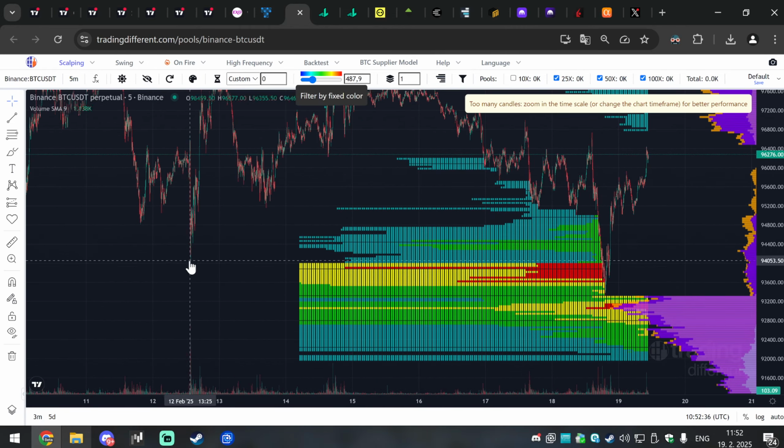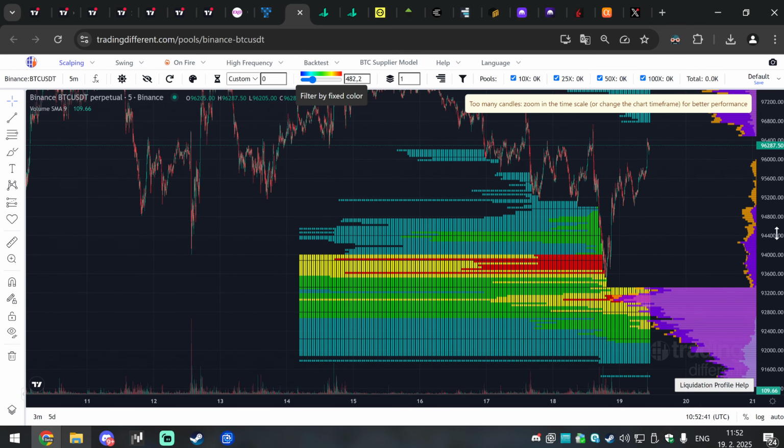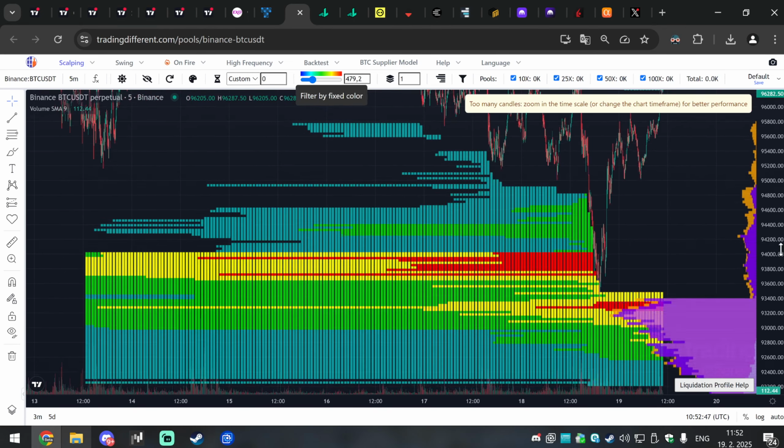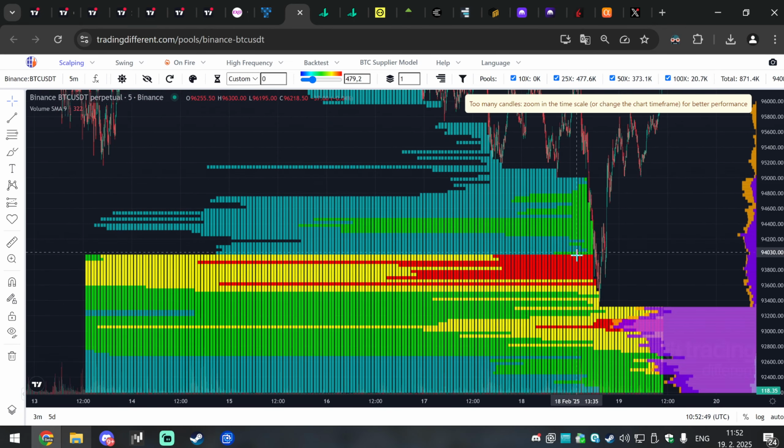This is the build up. Since this low, this is the main build up of the liquidity. Okay, do you see where the main pain point for the market is? It's below 94,000. How did we reverse? We took a major liquidity node. So most people were getting destroyed here, and then we started reversing.